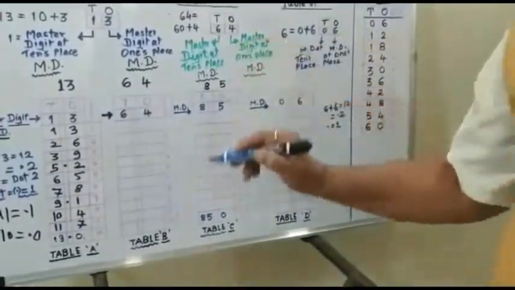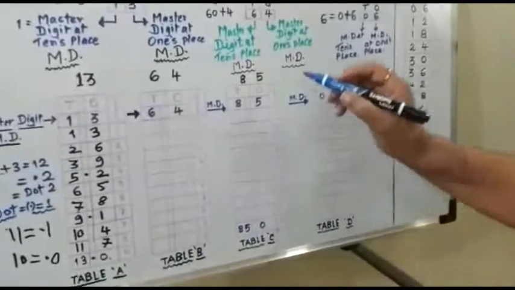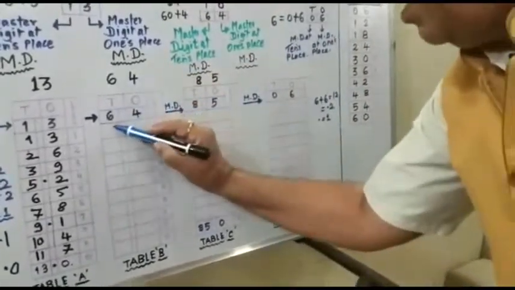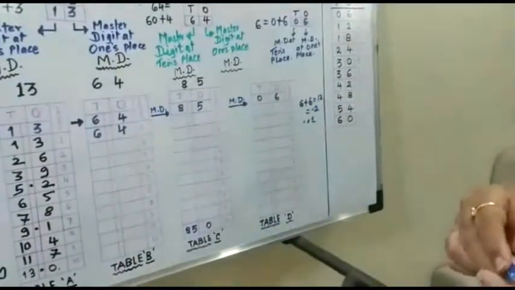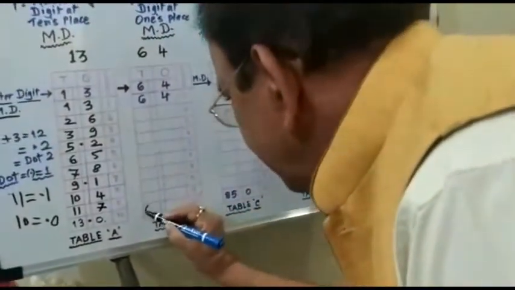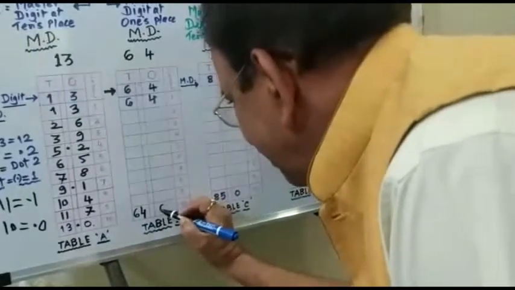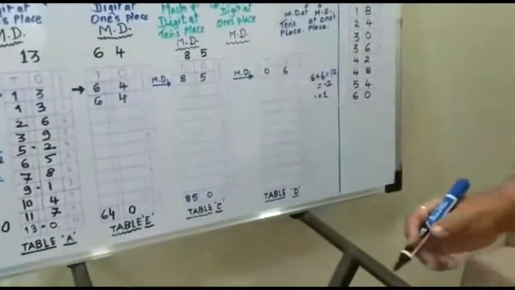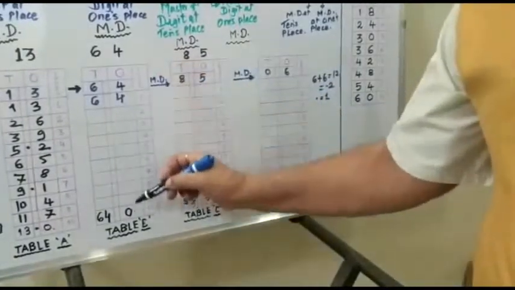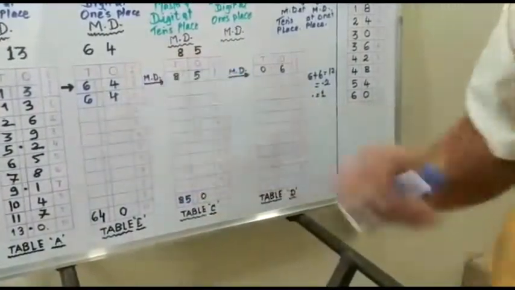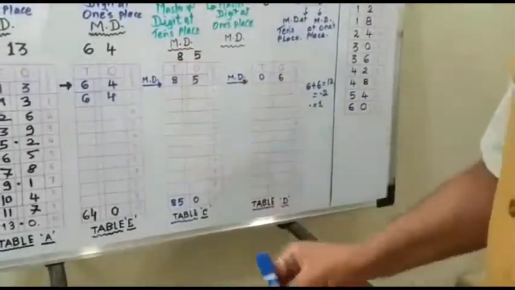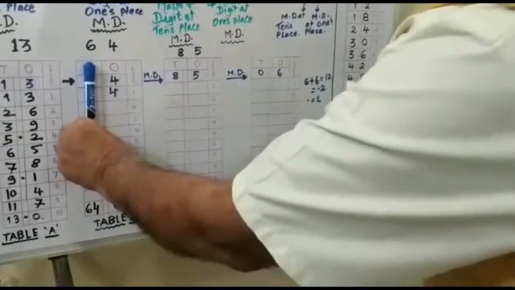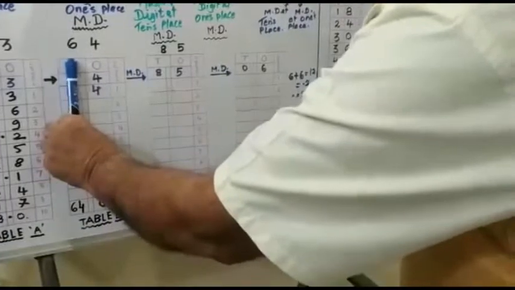Now in this table we already know two numbers. What is that? 64 ones are 64, right? And 64 tens are 640. So we'll put 6, 4 and 0, 640. That we already know. So our job is to get these numbers at ones place and tens place. But initially we will concentrate only on getting the numbers at ones place. So let us close down this tens place and concentrate only on ones place.